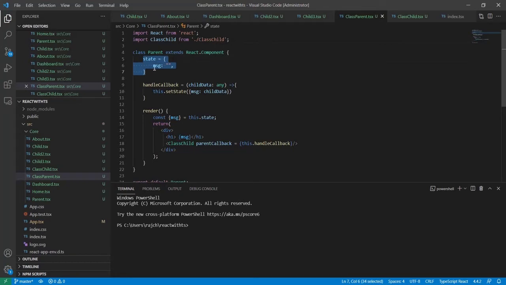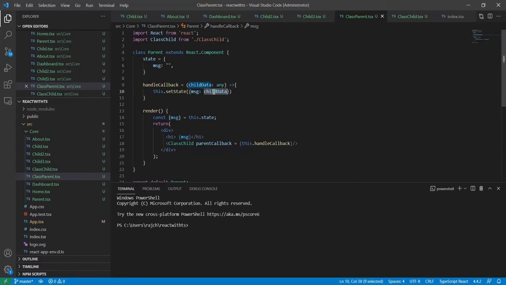Okay, so now it is imported here, and you can see here I have defined one state, and inside this state object there is a message property which is empty initially, and here is the method which is named as handler callback in the parent class. Okay, and inside this I am updating the state for MSG. That means initially this is empty, and I am now modifying it with whatever data I am receiving from the child class component.